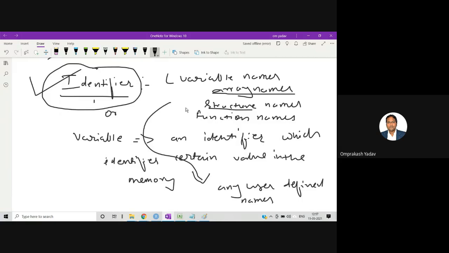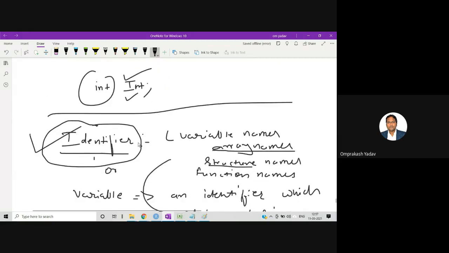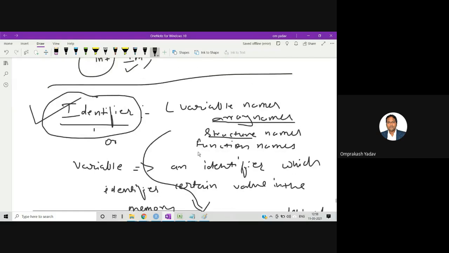If you are trying to give names, whatever rules we have learned about the variables will be applicable to identifiers also, so I will not be covering the rules again. You can just list down all those 5 rules about the identifier. If in the exam it is asked about identifier, you can describe that identifiers identify certain things in the memory, like a variable identifies a certain value in the memory. A variable is also an identifier. Similarly, array names, structure names, function names, or any user defined data type are identifiers. Then you can simply list down those 5 rules.